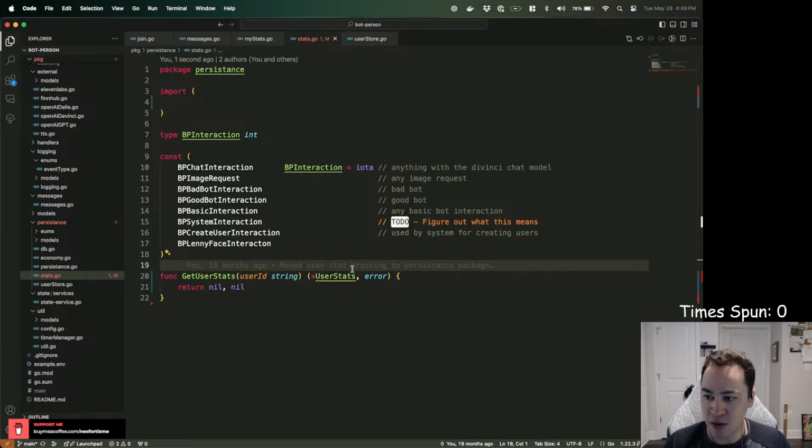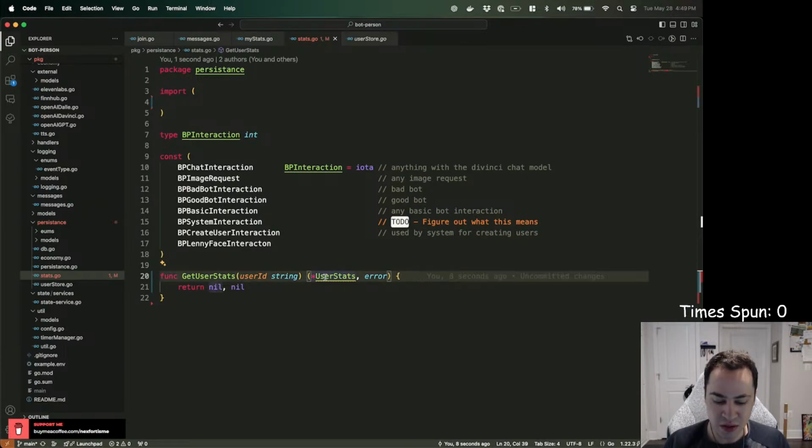Also, this coding needs a coding theory channel. Coding theory. Just kind of like my thought process behind how I design things, or